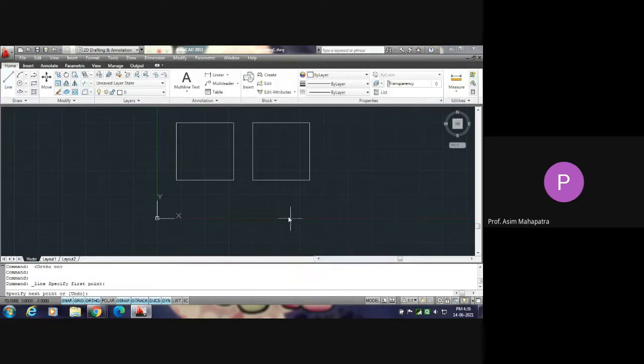So you keep the cursor, it is always either horizontal or vertical. Okay. So the same rectangle can be drawn by taking the help of ortho and direct distance entry. It will be very faster.